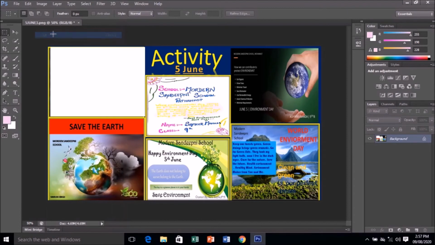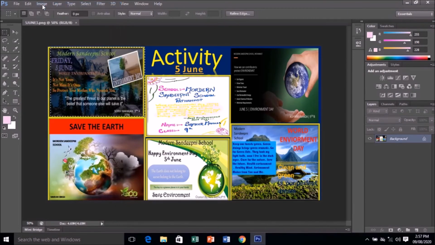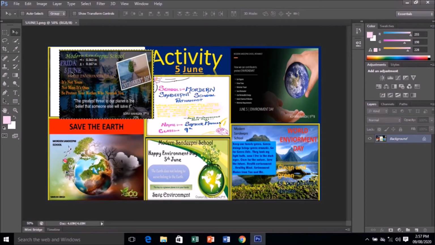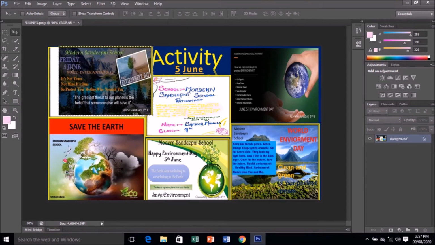Only the part of the image is selected, and in case you want to move this part or you want to cut it, we'll go for cut, and see this part has been removed from the whole image. So here I brought it back, and this is the Move tool, for moving the particular part of the image.